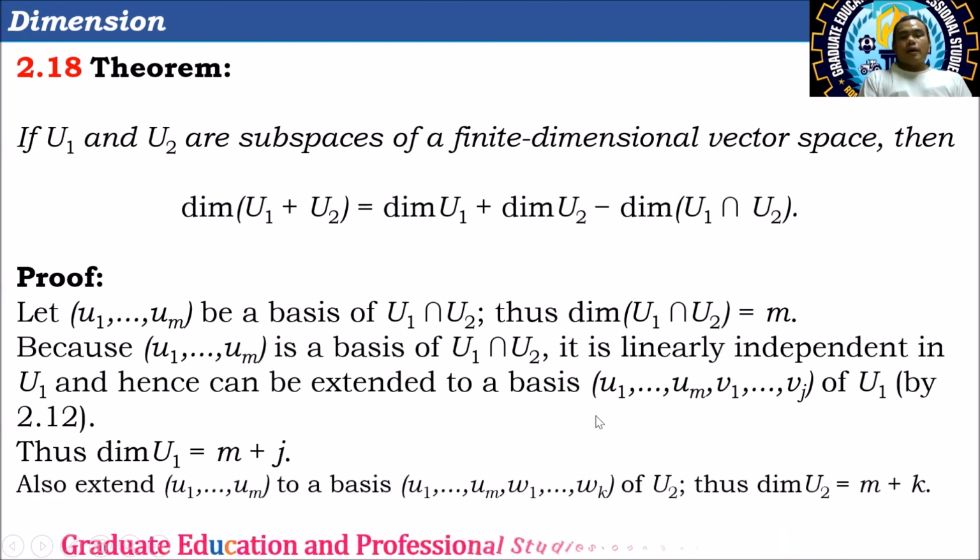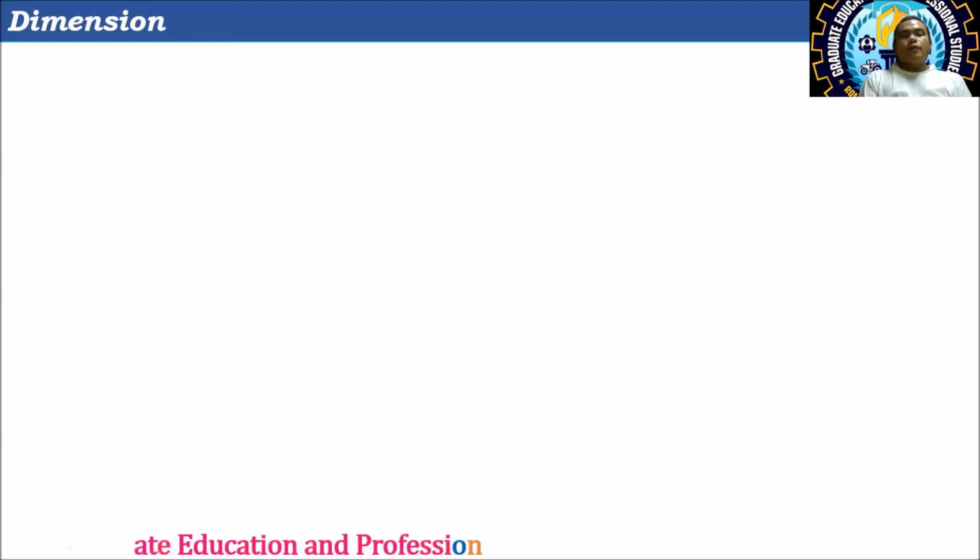Also, extend the u's to be a basis of U2 by adding w's. Thus, the dimension of U2 is equal to m plus k. So that is to partially prove that. As we continue to prove, we will